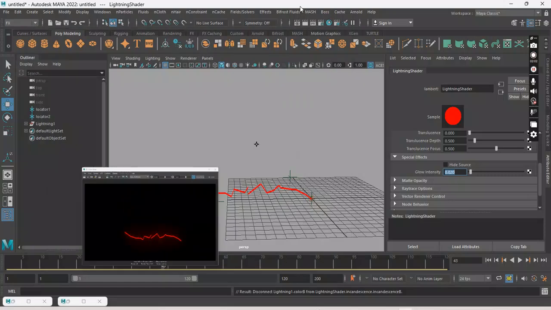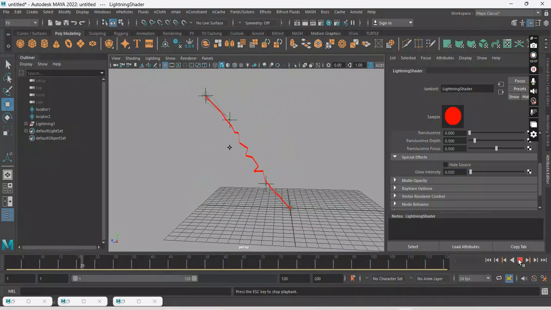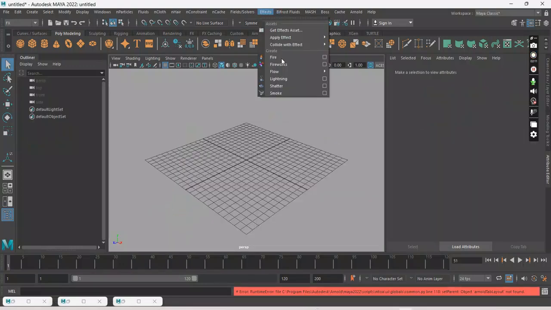Now you can see that sequence render animation. So this is a simple lightning. The next one over here is